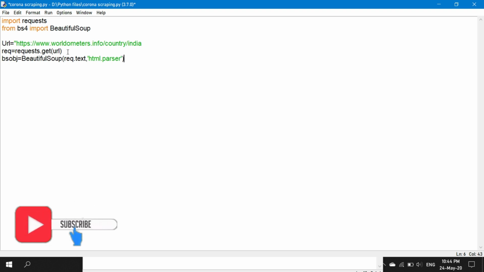The request will get the response in HTML data format. This object can scrape the data, and this html.parser helps you read the HTML related data from the website.